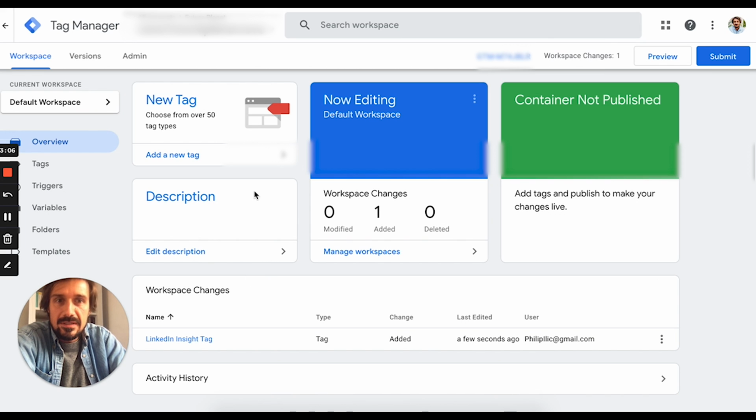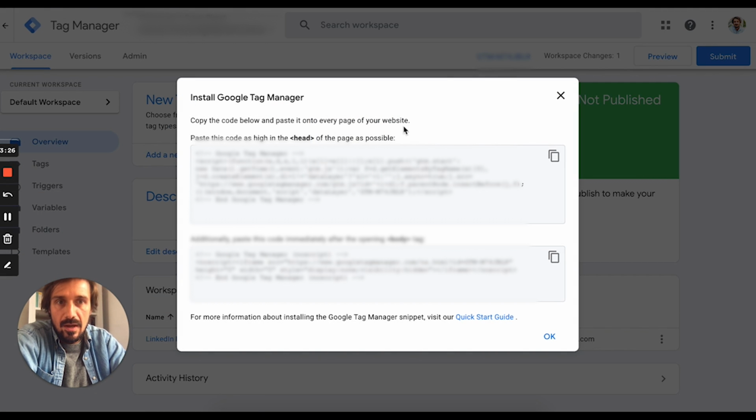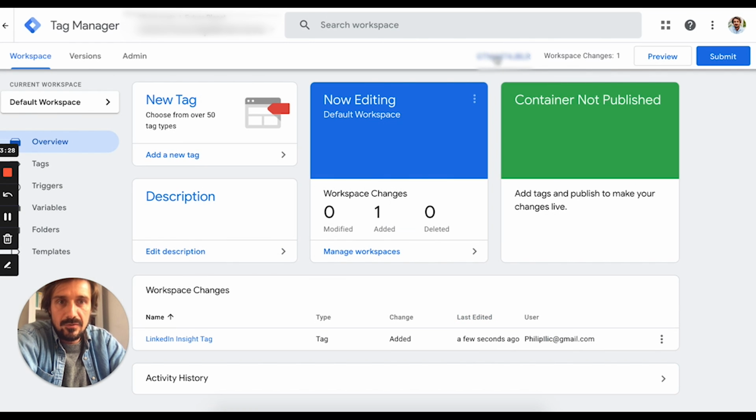The one thing we still have to do, if you haven't done this already, is install the Google Tag Manager onto your website. Google Tag Manager is just a better way of doing it because we can put all our tags through this, and then we can send them to Google Analytics or wherever we want. So it's best to get everything through Google Tag Manager. If you haven't done that, there's two ways of doing it. You can click directly there, or you can go to admin,